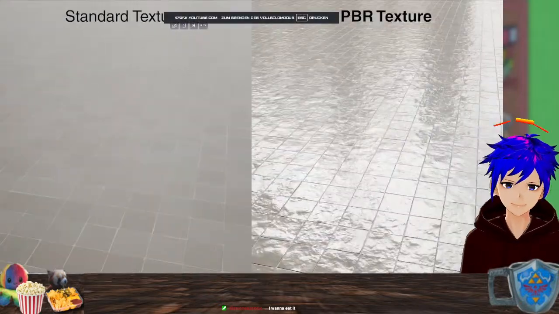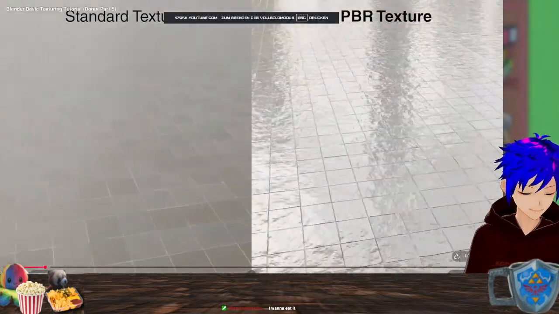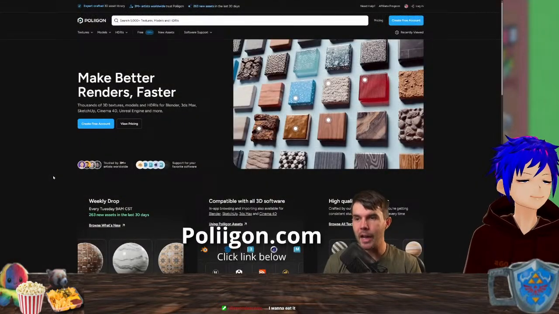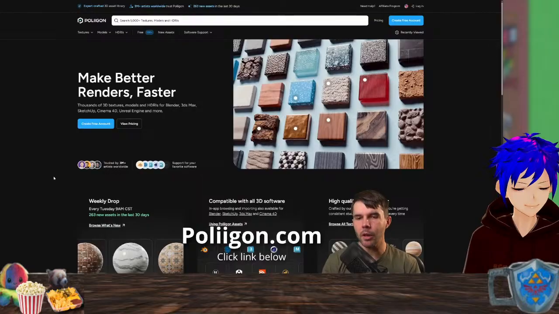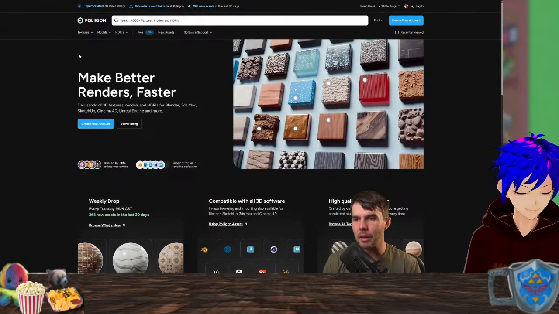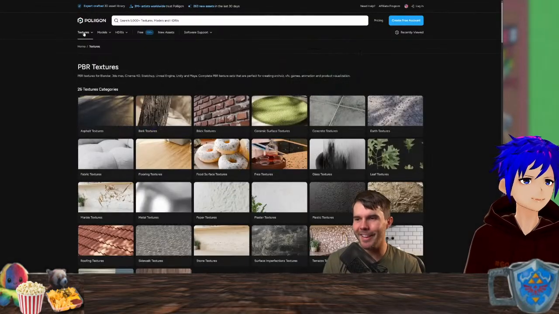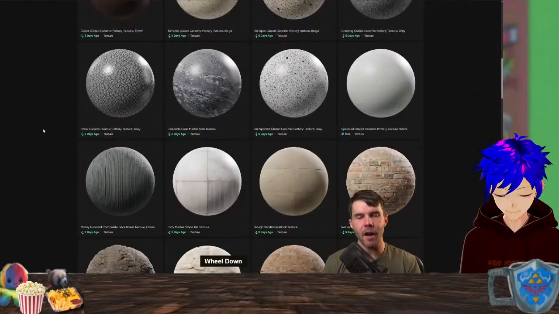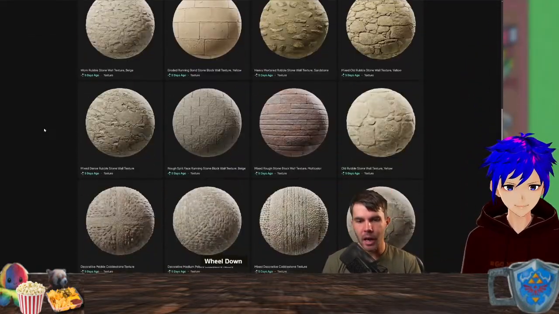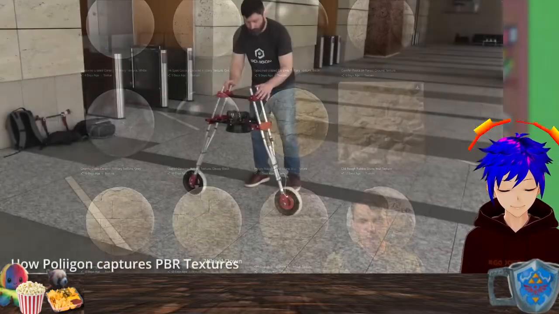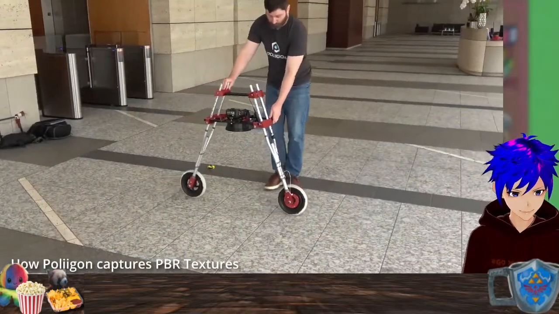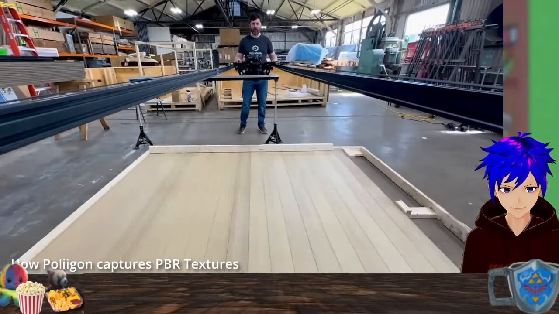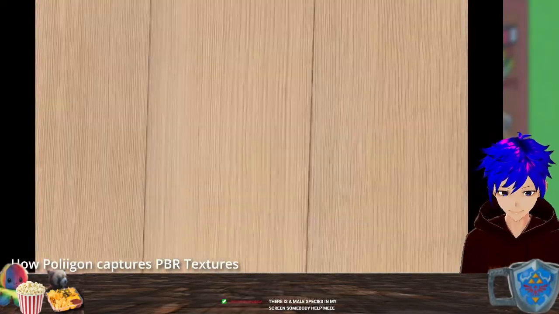Textures. And there are many different places that you can get PBR textures from. The best website that I think is Polygon, POLIIGON.com. The link is below. And I think it's the best website because it's my website. It's my company, which I created 10 years ago, and it is now the fastest growing texture library online. So we've got photographers all over the world, and they use specialized equipment to go out into the world, and they capture surfaces, usually like photograph the surface.